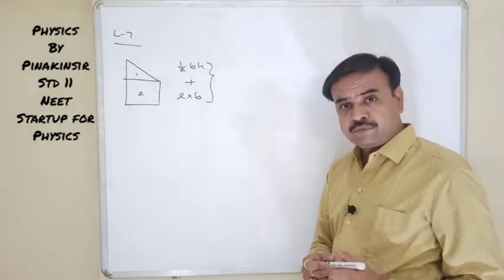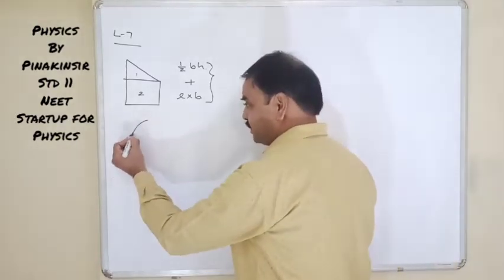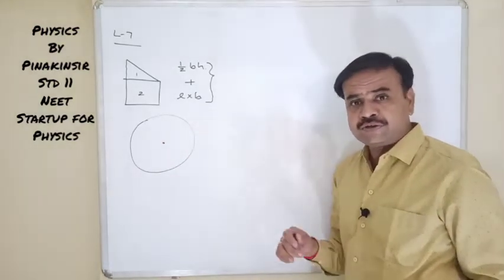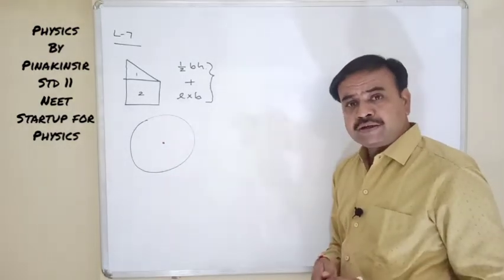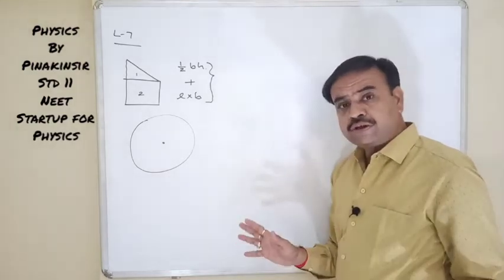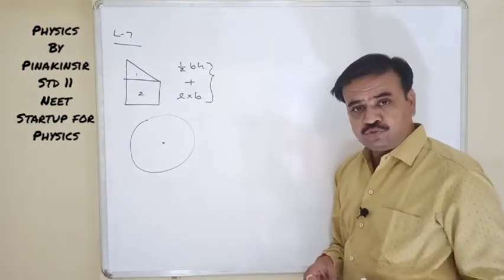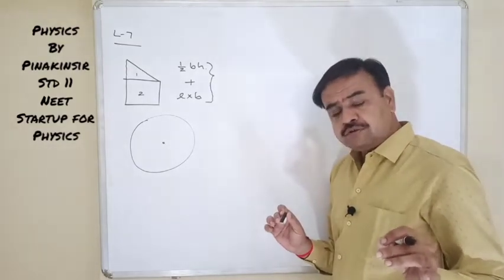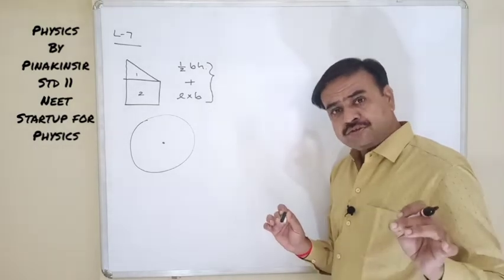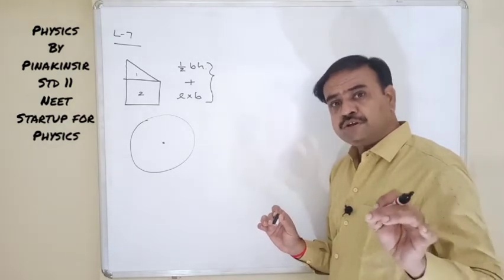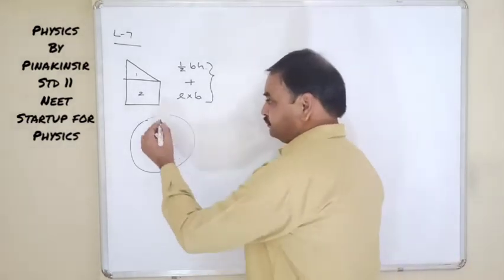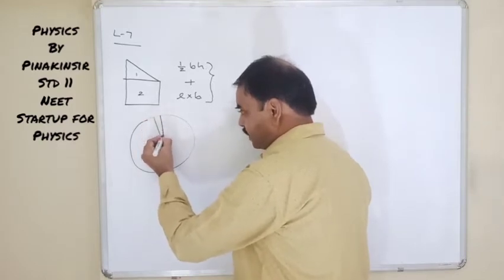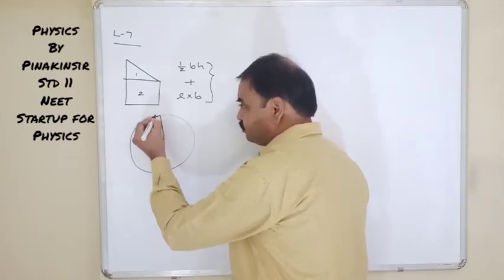Let us take one more example. Suppose we are having a shape like this, which is nothing but a circle, and you are asked to find the area of this shape. As we all know it is pi r square, but let us assume we don't know the area of this shape. Now what to do? To get the result, whatever detail we are having, let us take a shape equivalent to that particular known data. Suppose I make a very small part of this total figure, then it will look like a triangle.